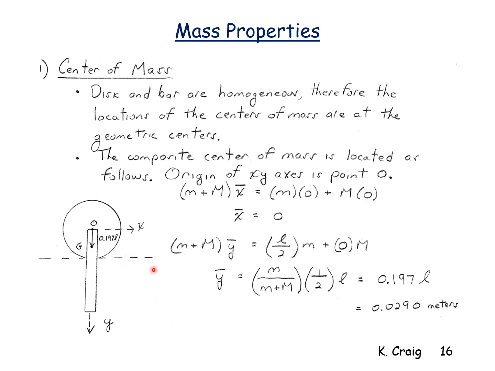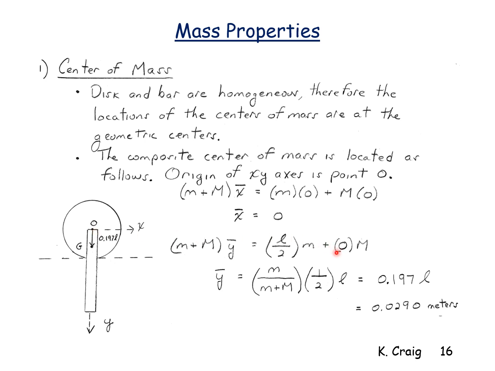For the Y coordinate, I apply the same equation. The total mass times the Y coordinate of the center of mass equals what? The location of the center of mass for the bar, which is at the midpoint, L over 2, times its mass, plus the Y location of the disk with respect to my coordinate system X and Y, which is at 0 because I located the origin at O, so its coordinate is